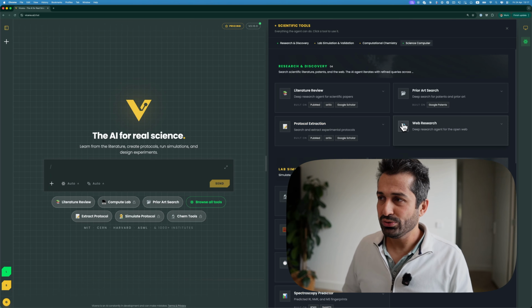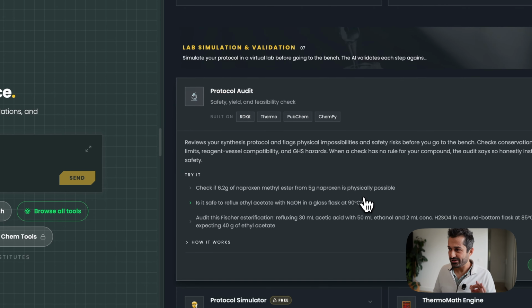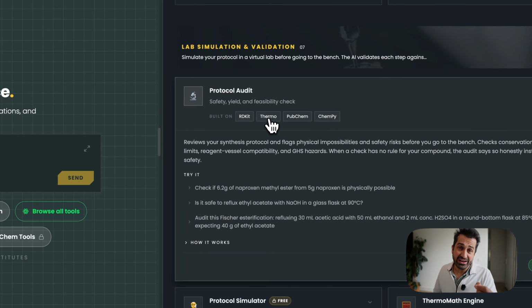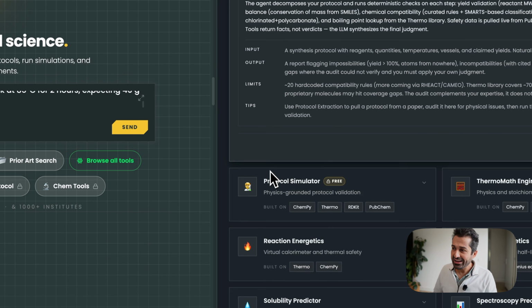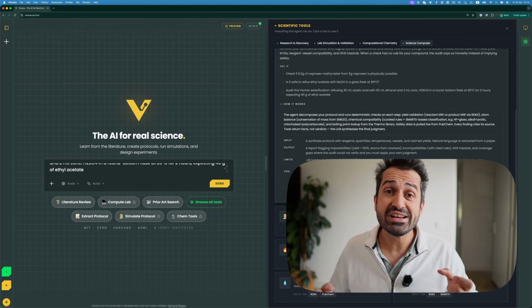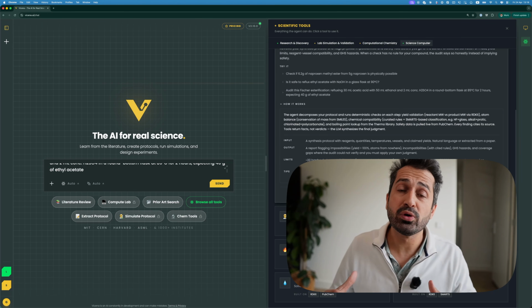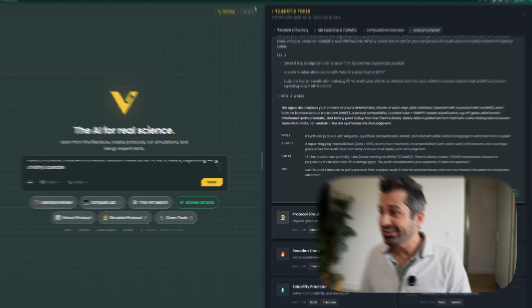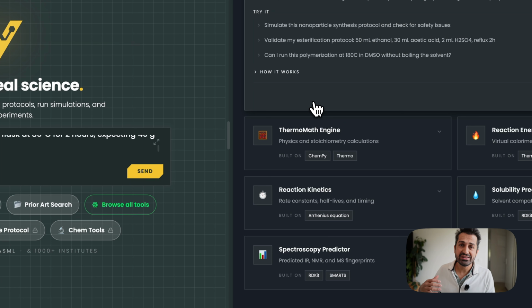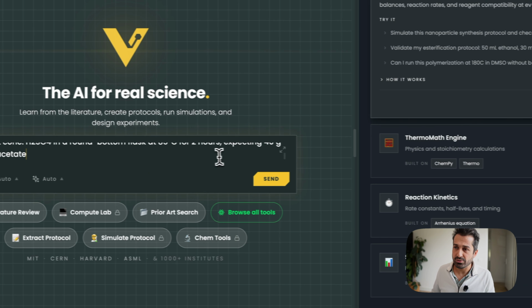Each tool now has a description. It shows which scientific packages and libraries it is using internally. It gives you examples, so you can just test those examples. And it tells you how it works internally. This is important because we want to be transparent. If a researcher comes and tries it, we want them to know exactly what is going on under the hood. And we try to keep each of these as accessible to people as possible.